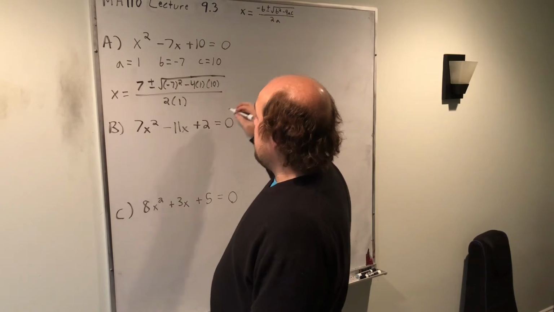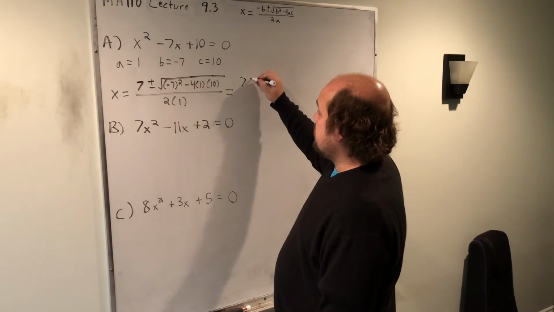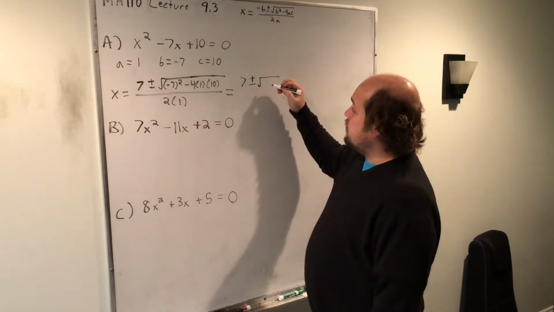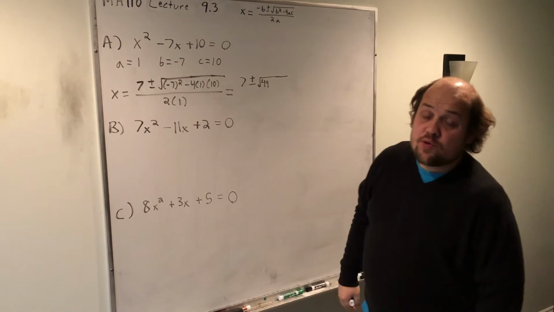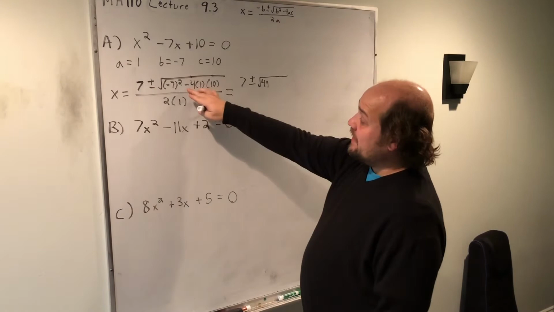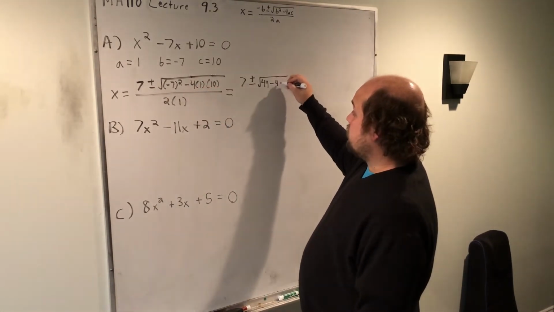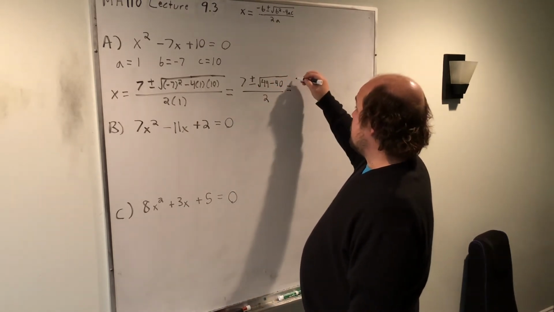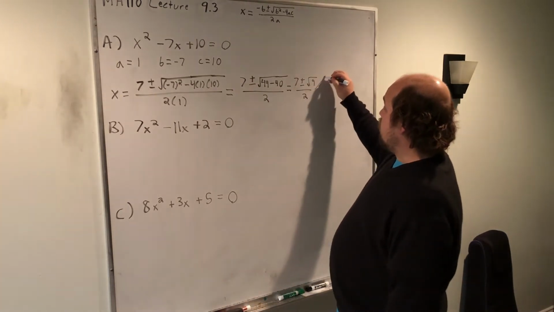2 times a. When I go to do the next step of simplifying, the 7 stays, plus or minus the square root. Negative 7 squared gives me 49. Remember, you always need to get a positive answer when you square something, so that negative is being multiplied by itself as well. Negative 4 times 1 is negative 4, times 10 is negative 40. All still over 2. This becomes 7 plus or minus the root of 9 over 2, which goes two different